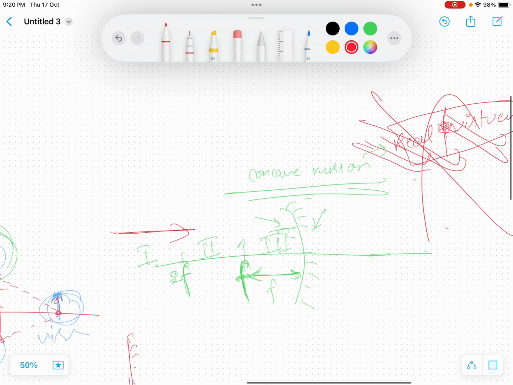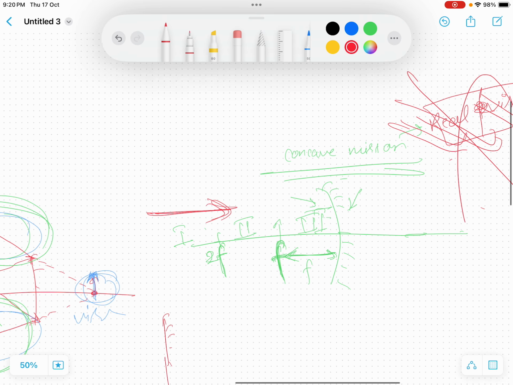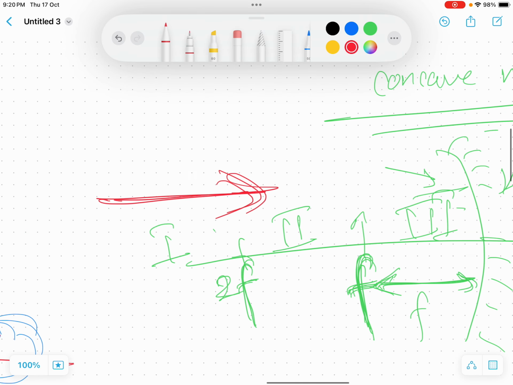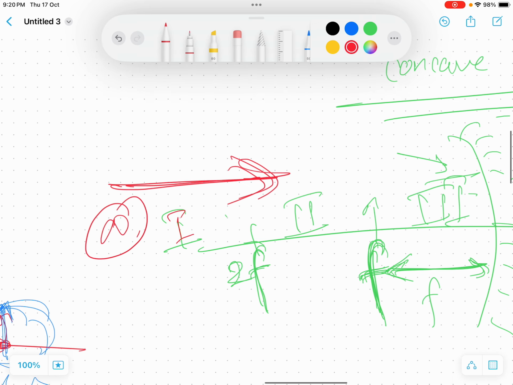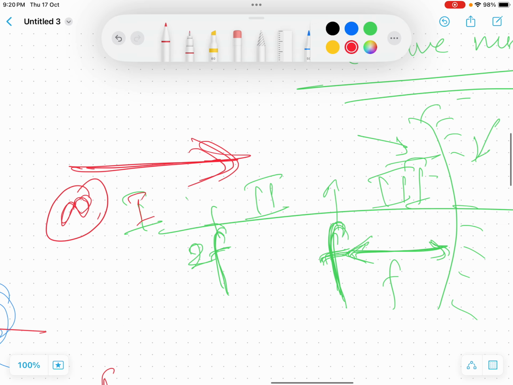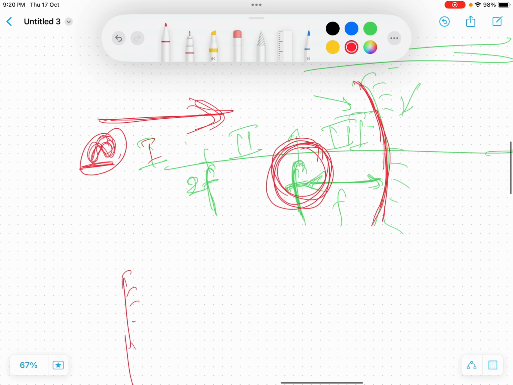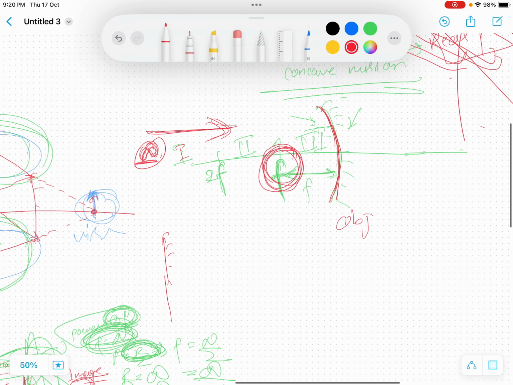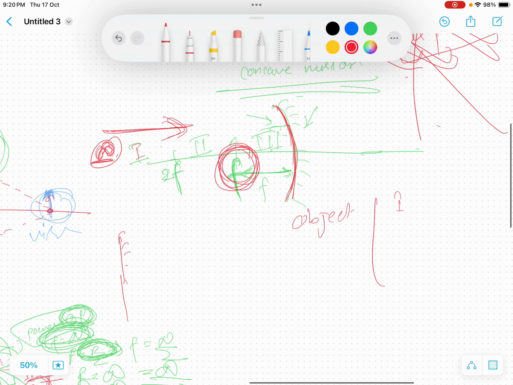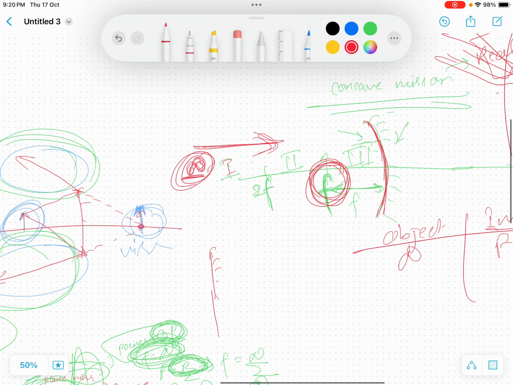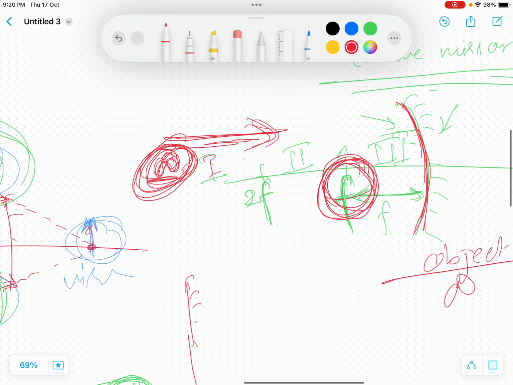भाई, फोकस के लिए देख, तू इधर से ऑब्जेक्ट ला। अगर तेरा ऑब्जेक्ट इन्फिनिटी पे है, मतलब बहुत ही दूर, जैसे ये फेस बहुत दूर है, तो इन्फिनिटी में तेरा ऑब्जेक्ट रखा है तो इमेज कहाँ बनेगा? फोकस में बनेगा। ऑब्जेक्ट इन्फिनिटी में तो इमेज फोकस पे बनेगा।